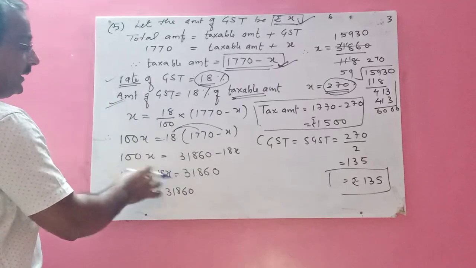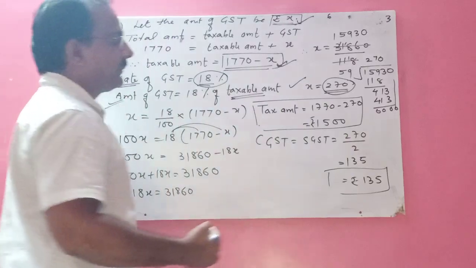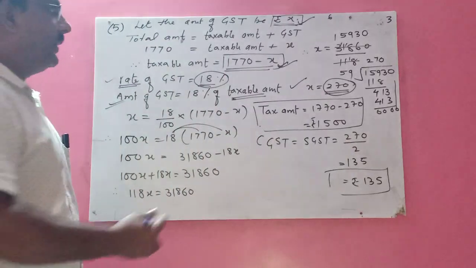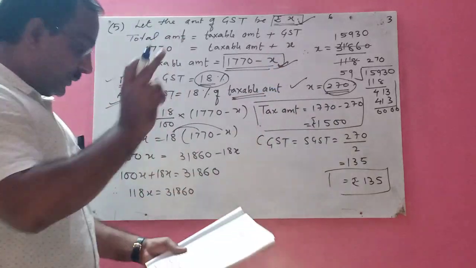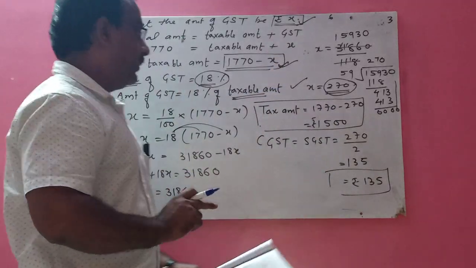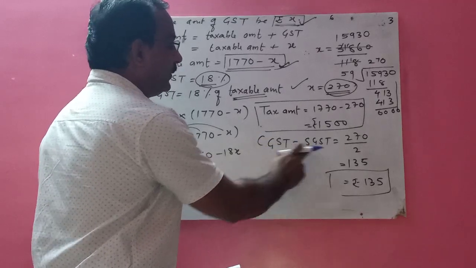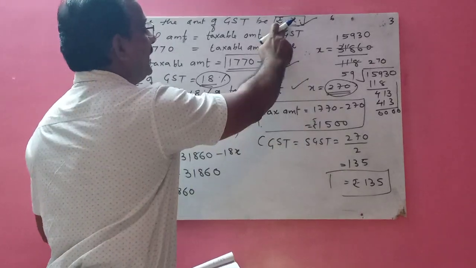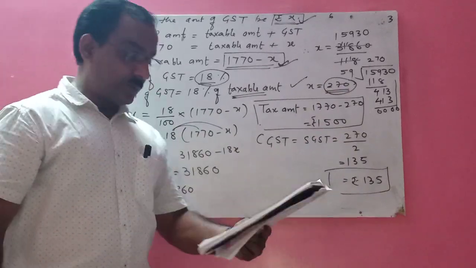And see how I have done calculations up to here. So you will get your GST, X is equal to 270. And from this GST, you calculate the taxable amount, because your question is to calculate the taxable amount. And then after that, calculate CGST and SGST. How will you get these two? Divide the GST amount, means this one, by 2. So I hope that all of you have understood this sum, children.